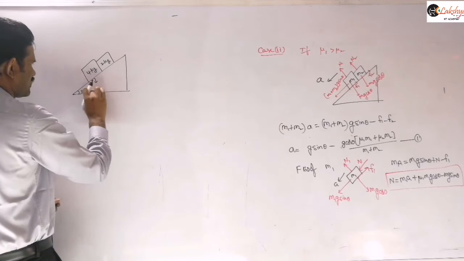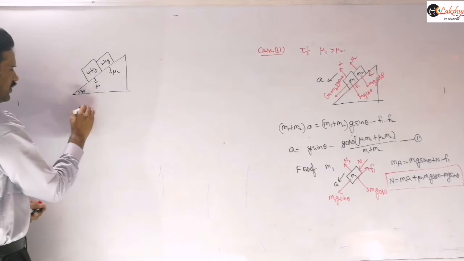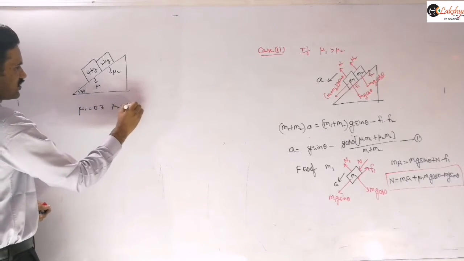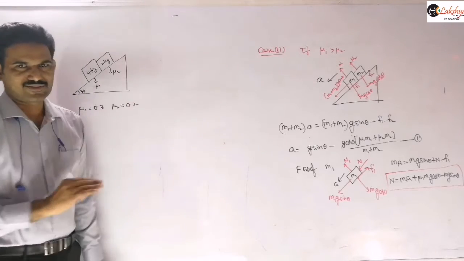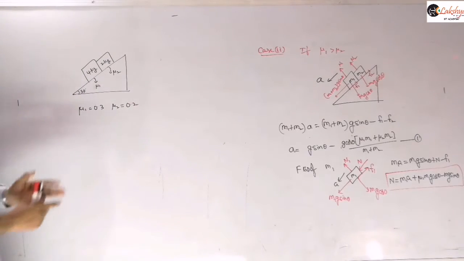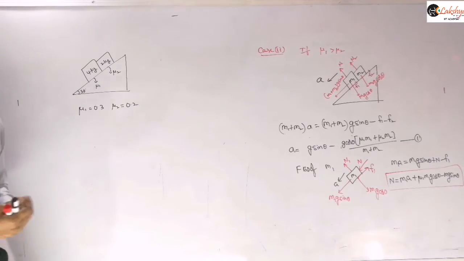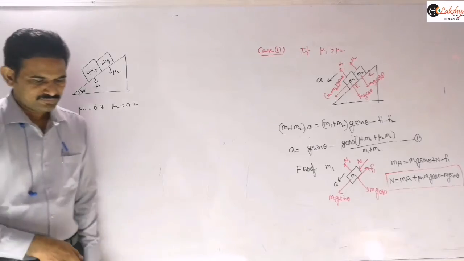The coefficient of friction, let us take this as mu1. I will write these values here. This is mu2, let us take. So mu1 I am taking as 0.3 and the mu2 value I am taking as 0.2. So find the contact force between those two blocks. That is the question there, right? You need to verify whether it belongs to the first case or second case, and accordingly you need to answer this contact force. Do the calculations there, right?